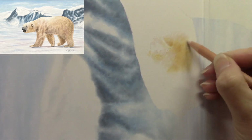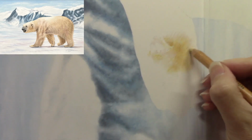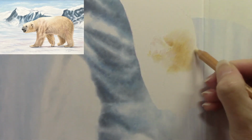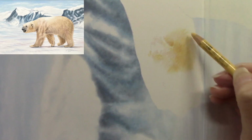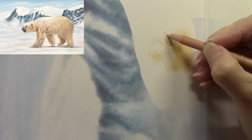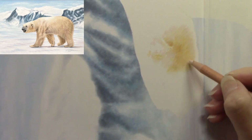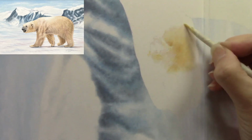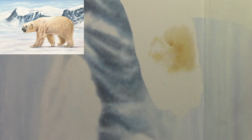So just building up some texture. Even though these are base coat layers, I still like to apply them in the direction that the fur is actually sitting. And obviously the length of the strokes make a big difference as well. So you don't want long strokes, because if they do show through, they need to be the correct length for the hair that's actually on that part of the subject. So just using a mixture of creams, pinks, and later on there'll be lilacs coming in as well, and just blending everything down into the tooth